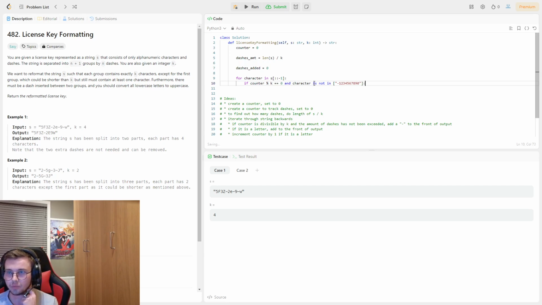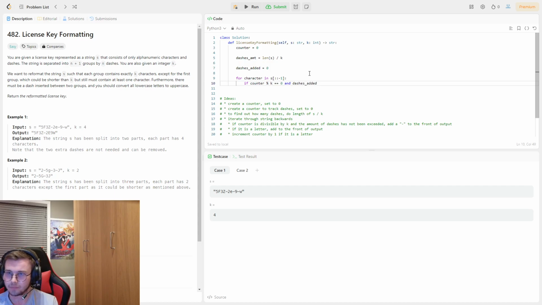And character, I don't think we need this, it's if character not in this. If counter is divisible by 0 and, well, I think we need this for somewhere else. If counter is divisible by this and dashes_added